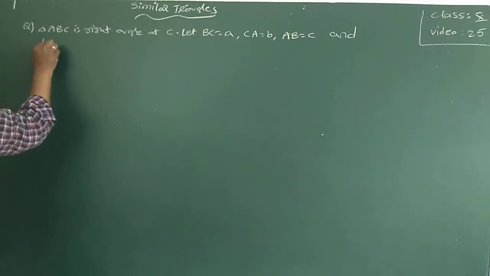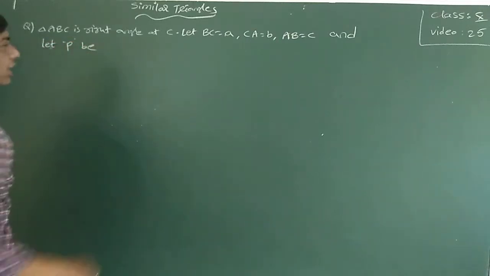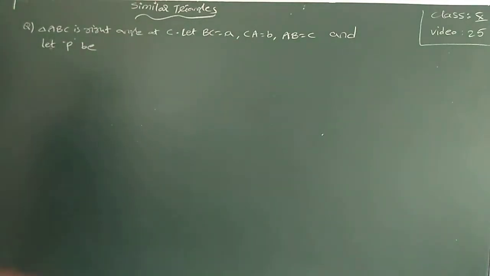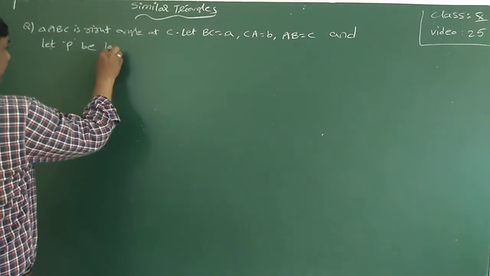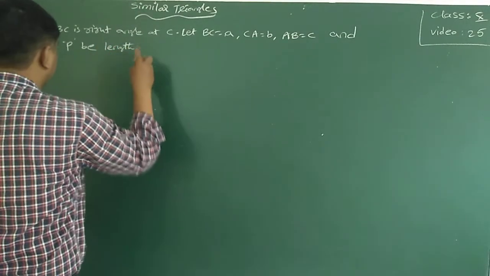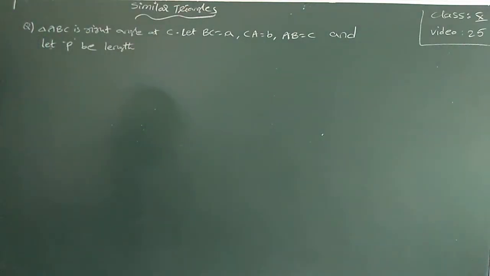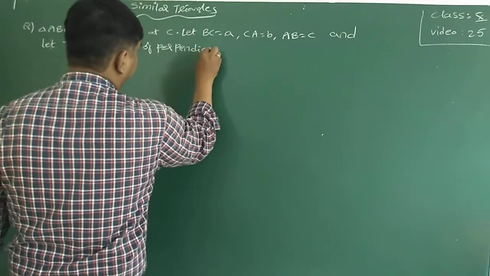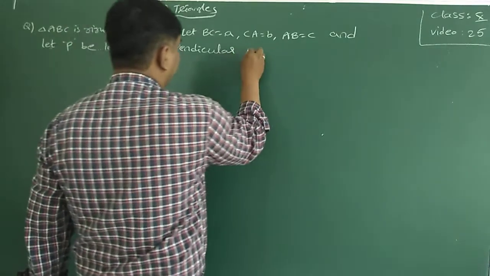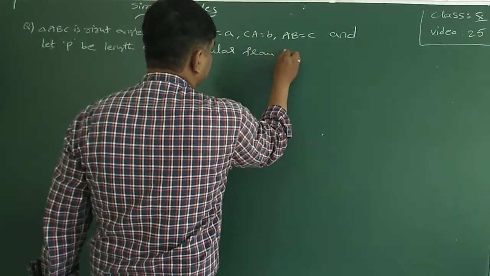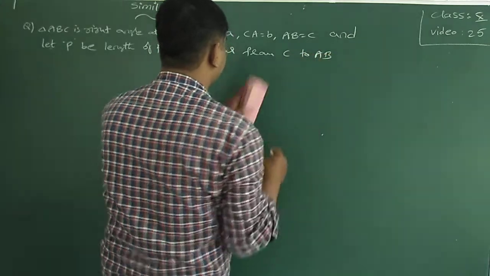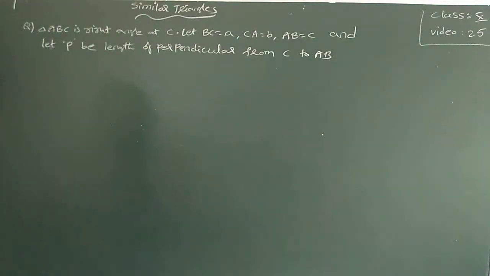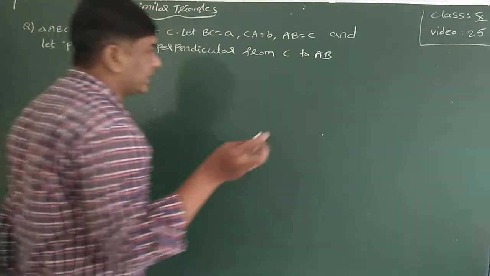Let p be the length of the perpendicular drawn from vertex C to AB. Then prove that